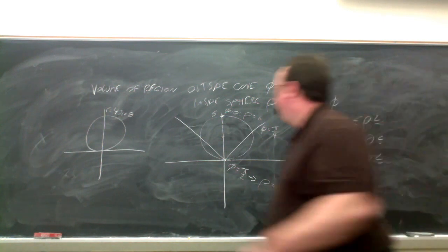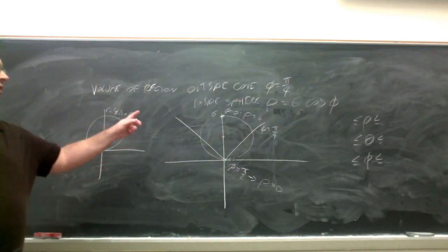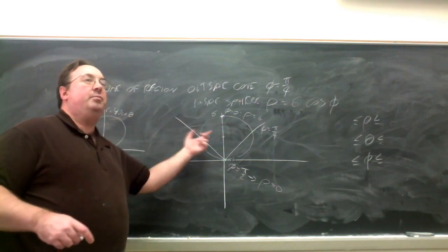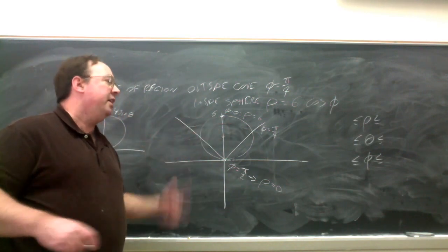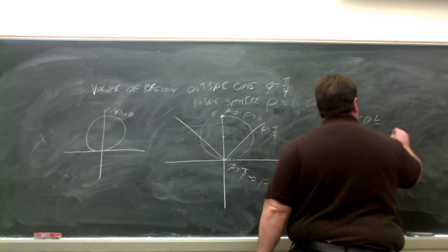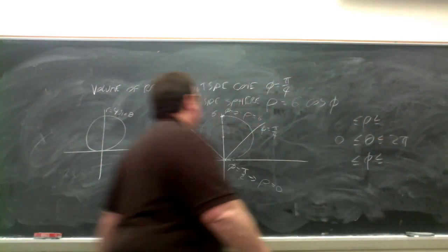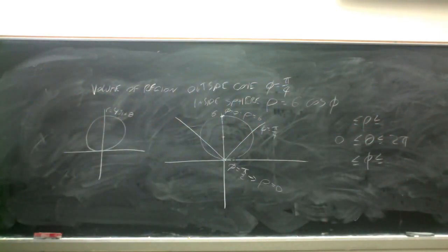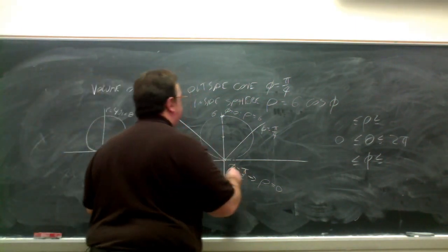Okay. Now, these are the only boundaries. There's nothing to restrict theta from making its journey from 0 to 2 pi. So theta is set. Now, obviously, it's this region that's